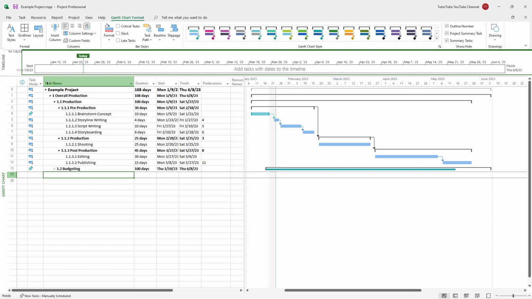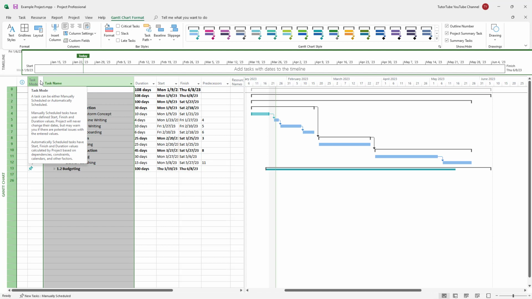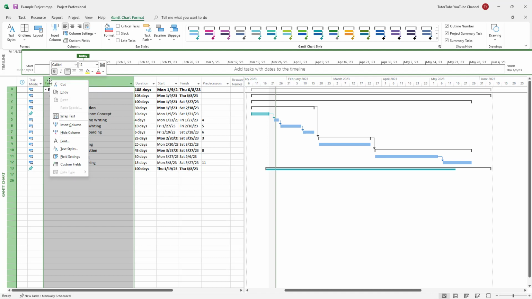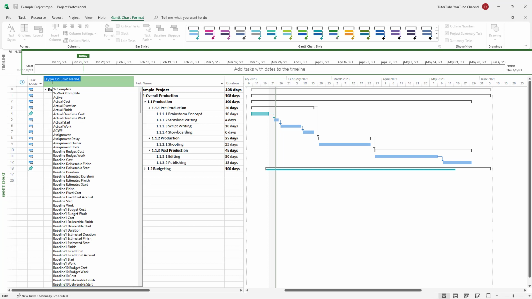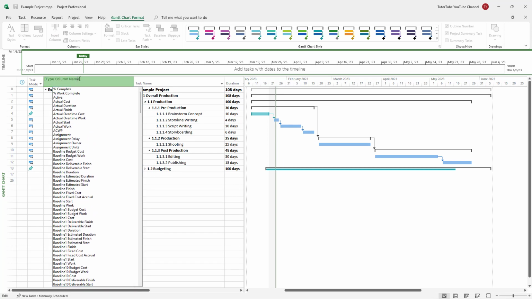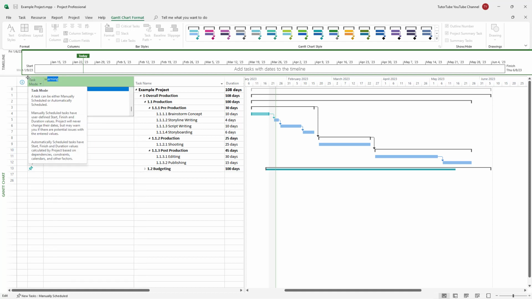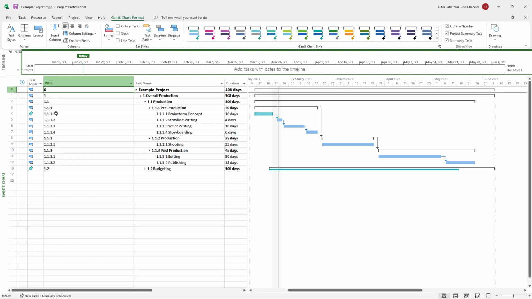So to do that, I can go over here and add in, let's say, a new column right here. I can just right click and click on insert column, and you can see that on the column I can choose what I want to keep. In my case, I'm going to type in WBS. So this is what you have, as you can see, WBS, and then over here it shows the WBS numbering